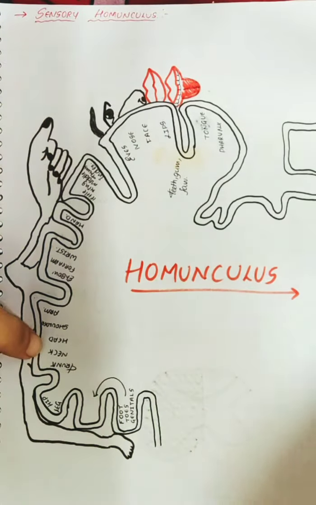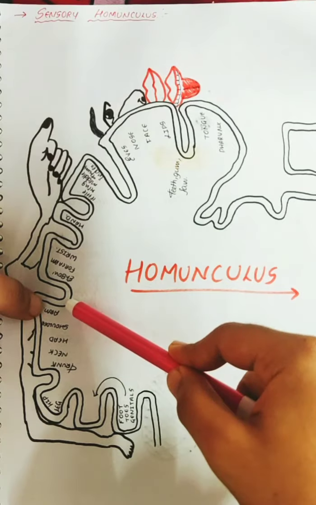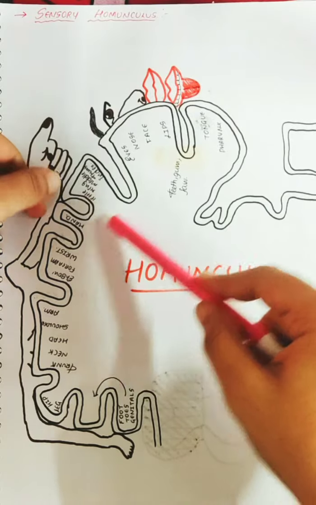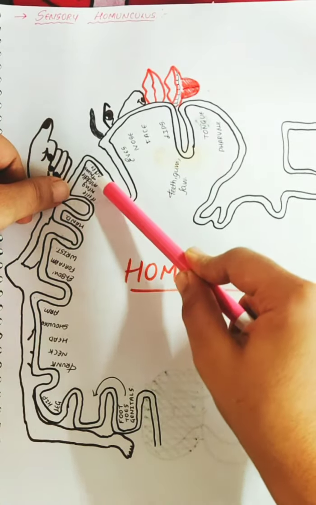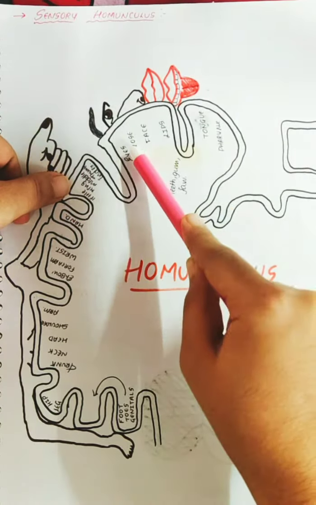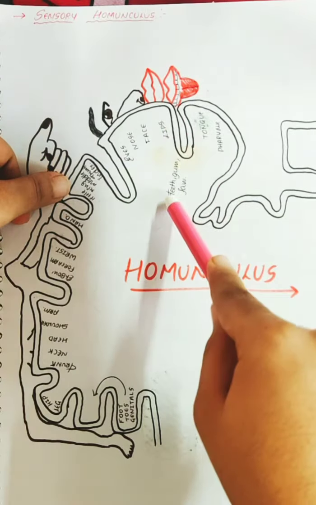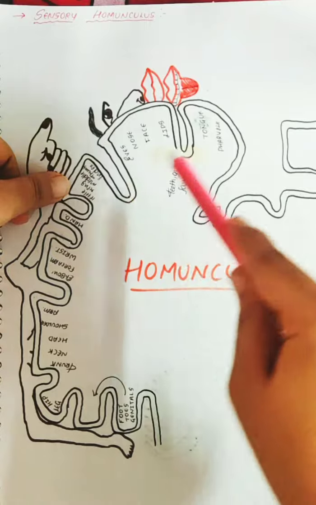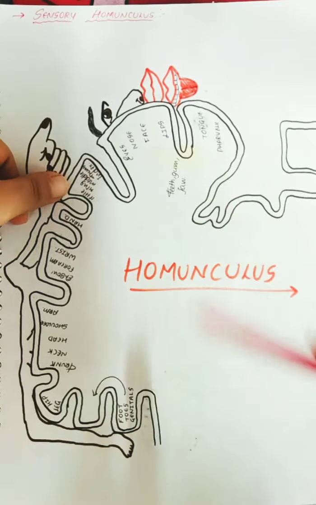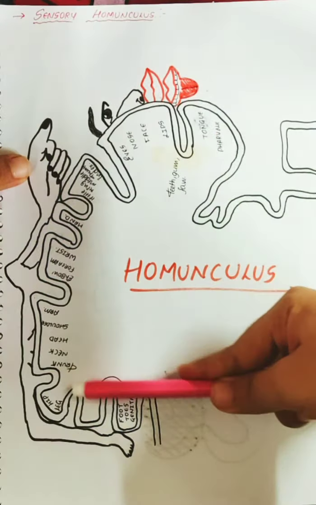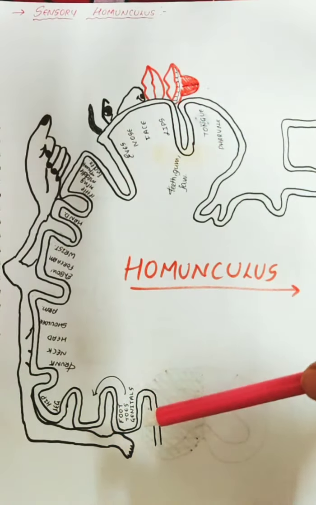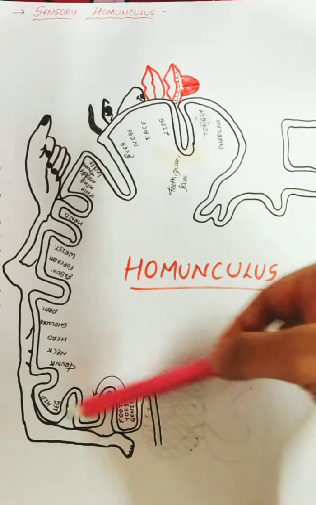Then neck, head, shoulder, arm, elbow, forearm, wrist, hand, all your five fingers: little finger, ring finger, middle finger, index finger, thumb. Then comes your eyes, nose, face, lips, teeth, gum, jaw, both upper jaw and lower jaw, maxilla and mandible. Then your tongue, then your pharynx. Each part of this topographic representation is able to identify the sensations of the corresponding body part. This is called the homunculus, or the sensory homunculus.